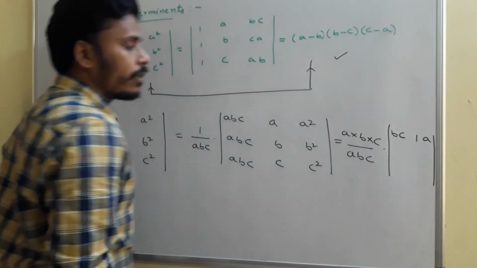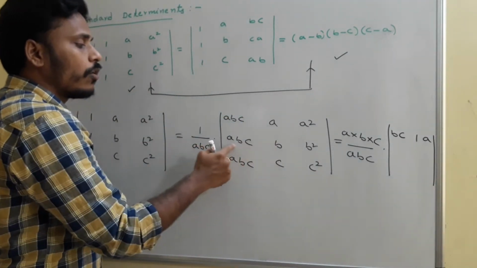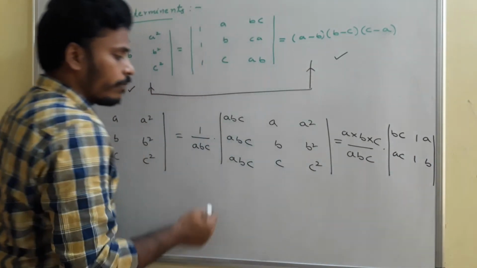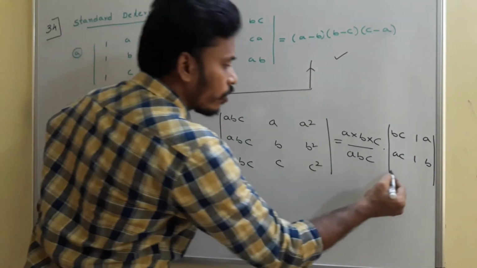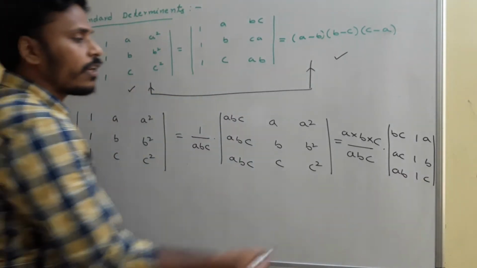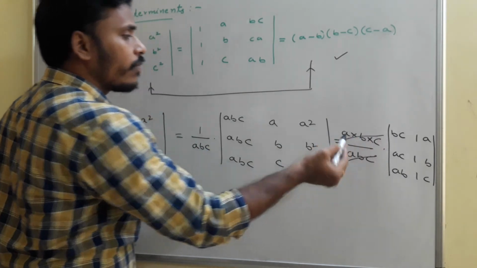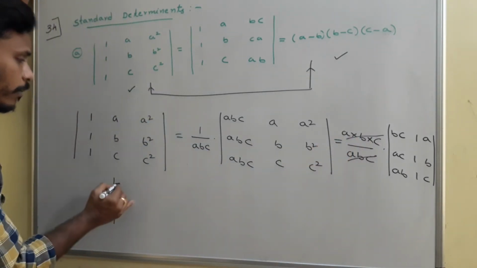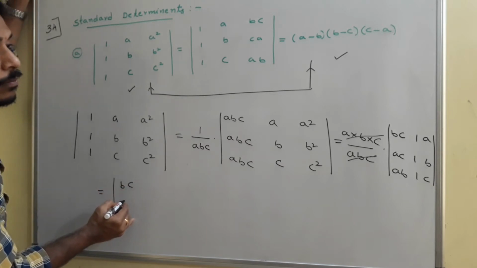So this is the determinant. From the second row, B is taken out, leaving AC, 1, and B. From the third row, C is taken out, leaving AB, 1, and C. Now if you look, this ABC and this ABC will get cancelled. And now what we have is the determinant of BC,